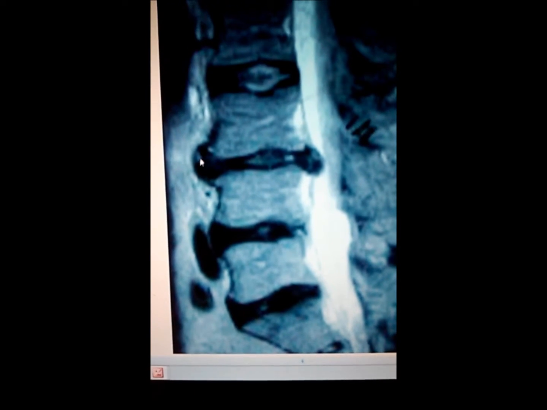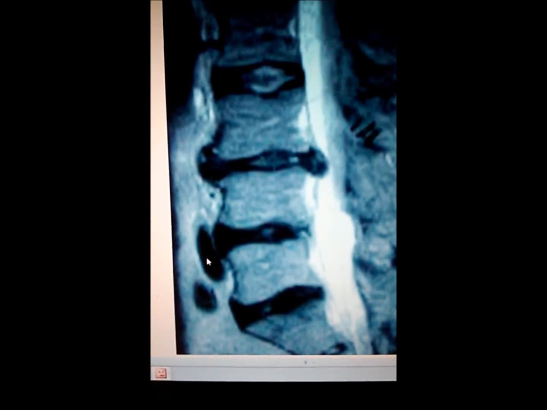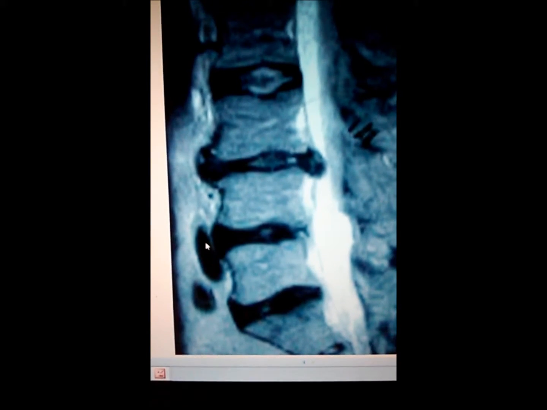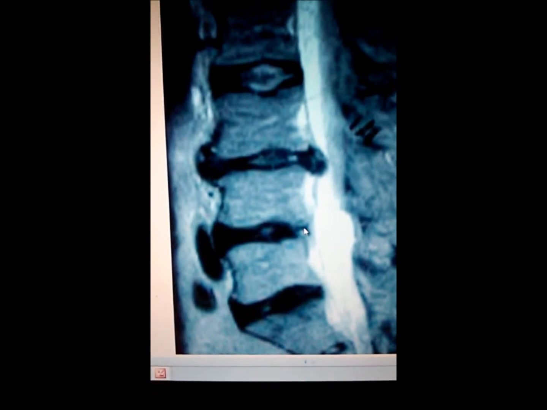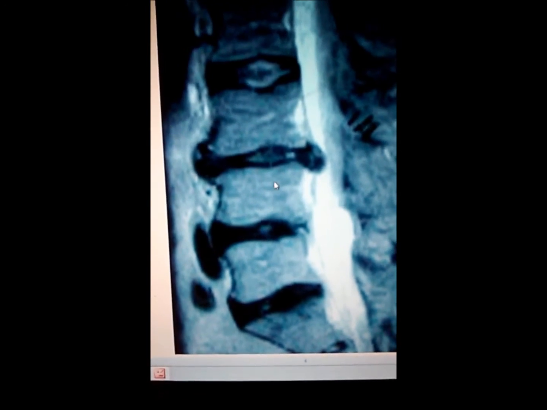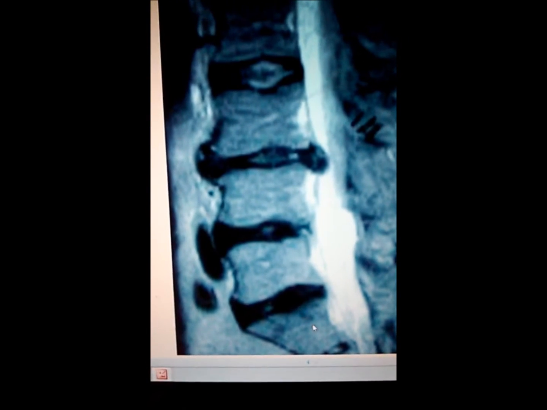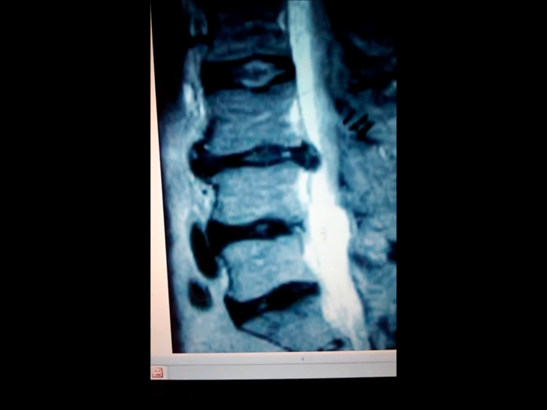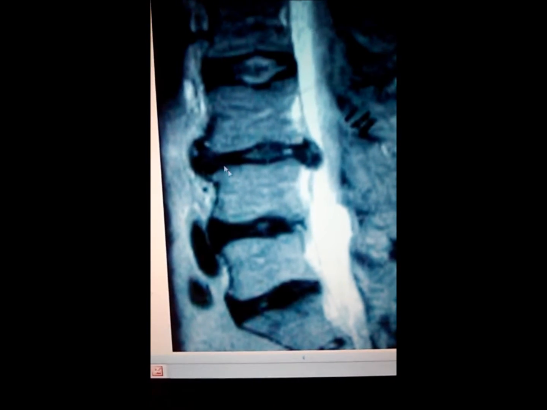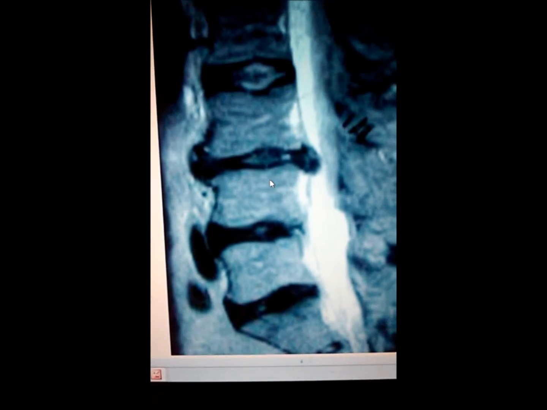Now, this gentleman also has a disc bulge in the front of this particular disc. This one looks like it's bulging, but this is more fluid, maybe a blood vessel of some type. But you also see wear and tear on the backside that's happening. Again, I mentioned this is the 3rd and 4th, the 4th and 5th, and the 5th and S1. He had prior surgery in this area, and it's done relatively well with this. But now forces are transferred up here, so he's trying to avoid a second surgery and seeking care through a